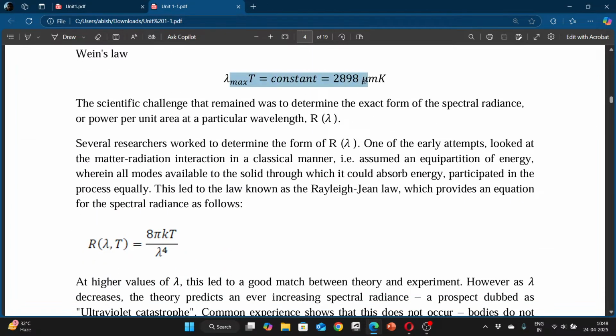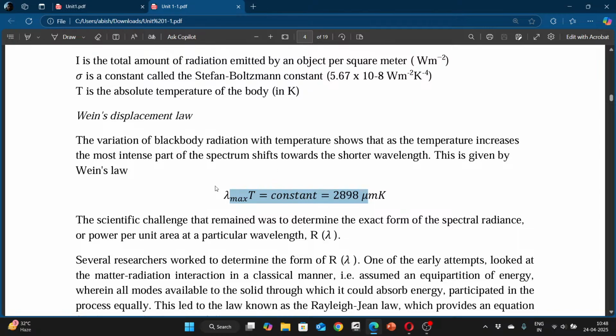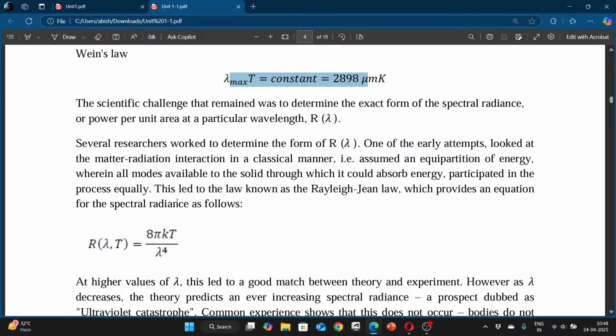So this is from Wien's law, that lambda max is inversely proportional to temperature. So the most intense wavelength is much shorter than the